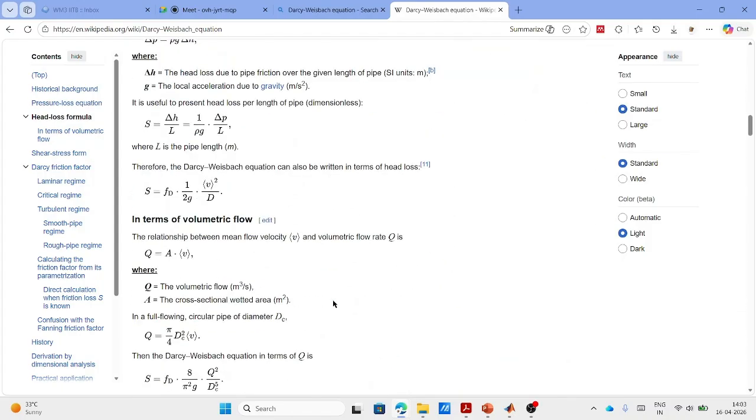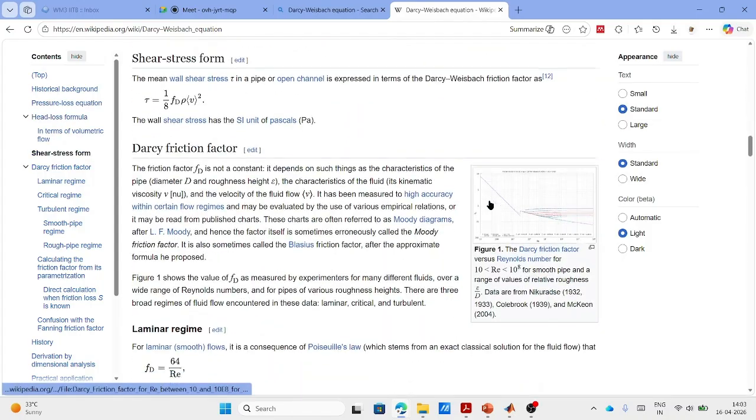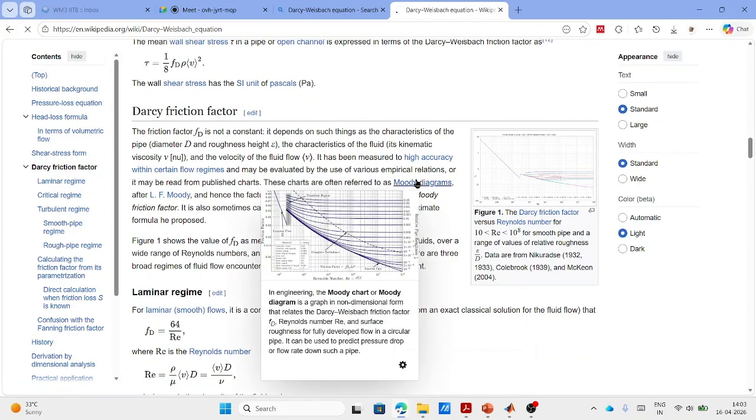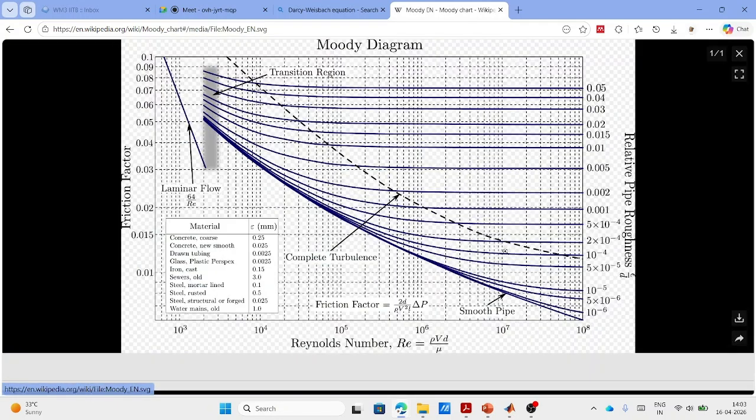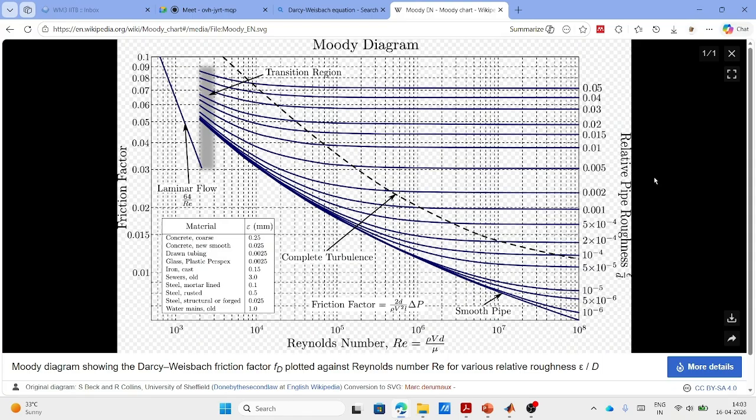Now if you go further into that, there is something referred to as the Moody diagram or Moody chart, right? So this is something you might have seen in your fluid flow classes. In the Moody chart we get the relation between the Fanning friction factor and the Reynolds number, right? So now your fluid flow is divided into two regions, one is the laminar and one is the turbulent. For the laminar region your friction factor and the Reynolds number follow a straight line relation,